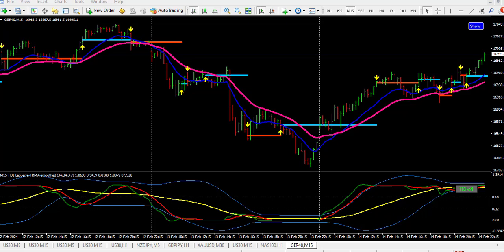Currently I'm trading on JAMA 40, which you can do. So you can use this to trade indices, either US 30, Nasdaq, JAMA 40, US 500, as many indices as you have on your MT4. You can use this to trade metals like gold, silver, platinum, and other metals you have on your MT4. You can use this to trade any forex pairs you want to trade, like Euro USD, Great Britain Pounds USD, USD Canadian dollar,